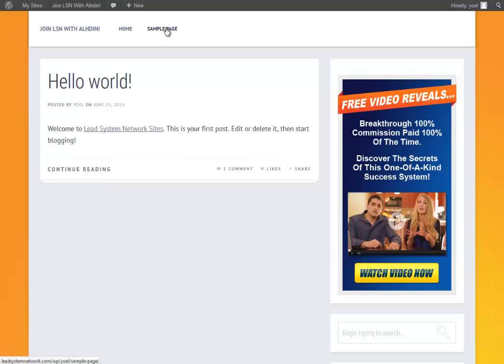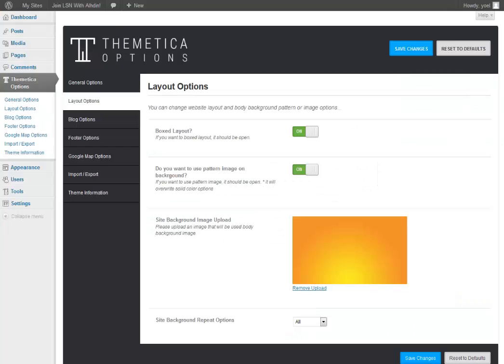Okay, so now we're going to start fixing up the pages. So what I'm going to do is I'm going to go back here. Okay, so before we do that, I forgot to go through these options. I want to show you what other options that you have. Okay, so click on blog options,